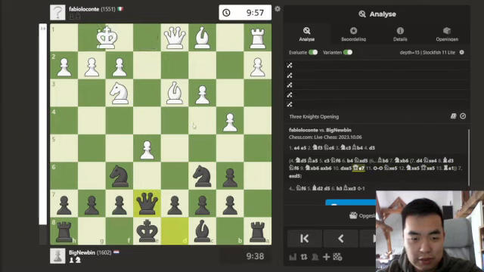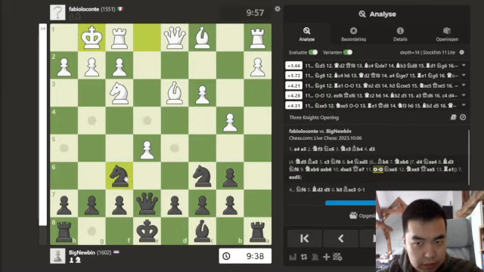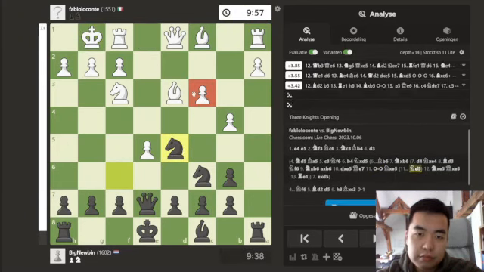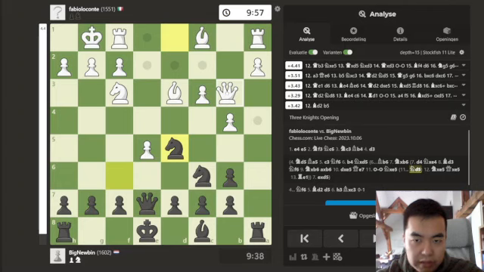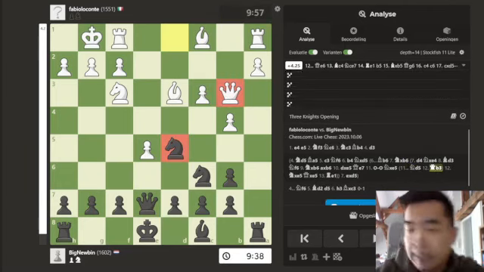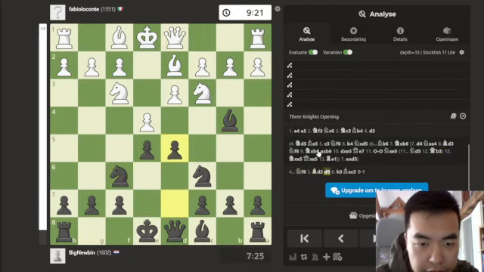So that's really dumb of me, thinking that this would work. So you have to go knight E5, attacking something at least. Queen B3, engine says. Okay, and this is how I get into rabbit holes. But let's go to the actual position, and after D5,